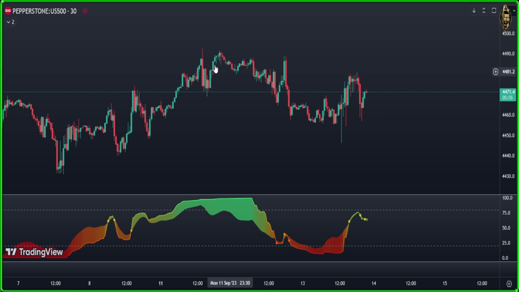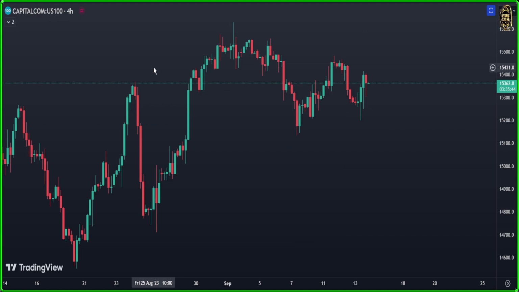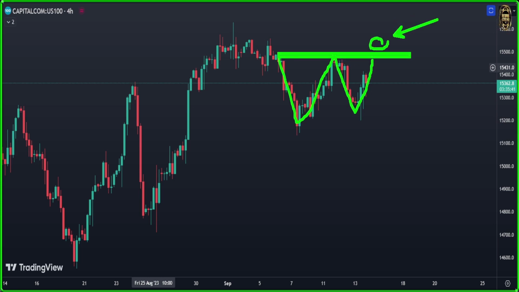Now let's go see the Nasdaq 100 and what it's doing today. Here we are in the Nasdaq 100, guys. Over here, same thing like the S&P 500. It tried to give us here a double bottom. As you see it, a very clear double bottom. But it's not yet. It needs to break that level here for us to enter long. If it doesn't, there is no entry long.